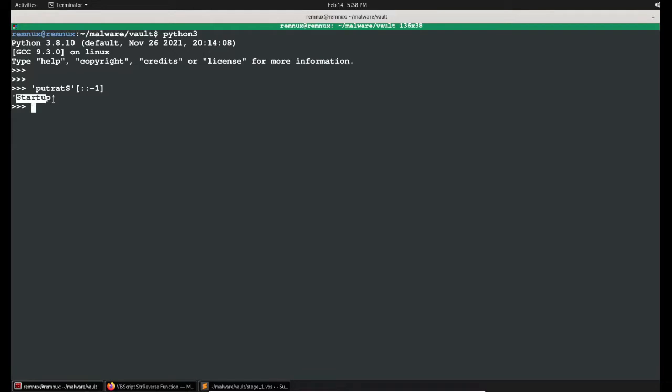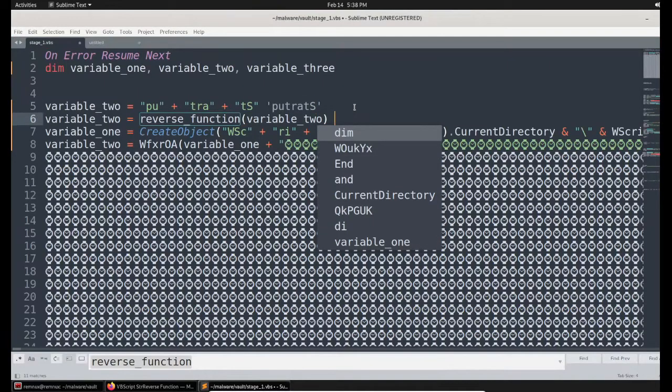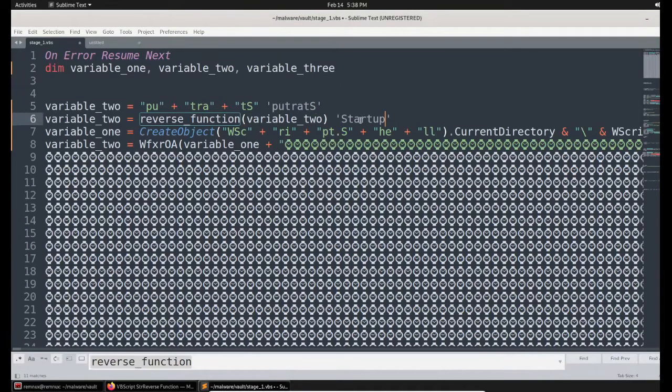It's nothing but startup. Now let's go to the code. This particular variable 2 is holding the value of startup. It looks like it is referring to the Windows startup folder. But without deciding right now, let's examine further.